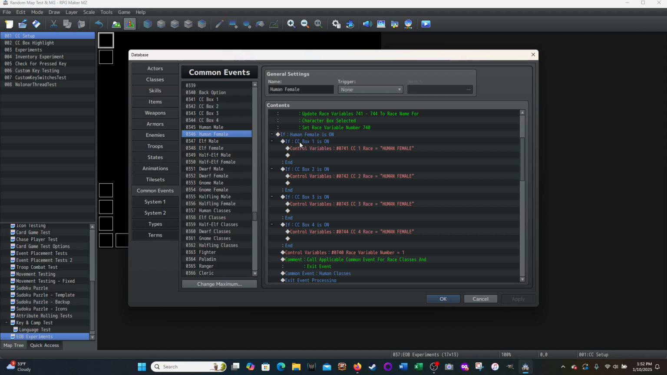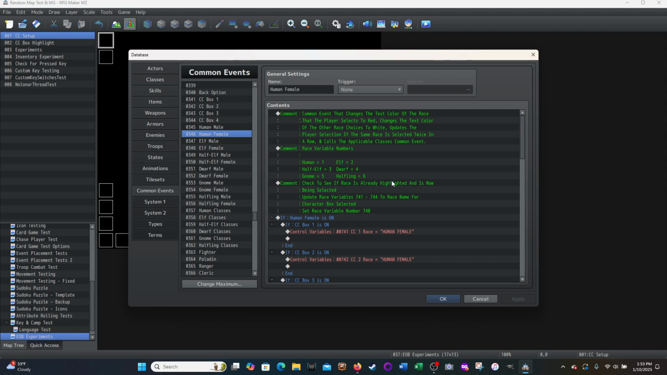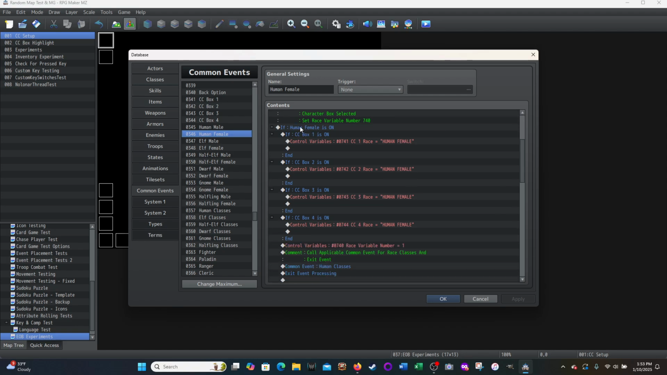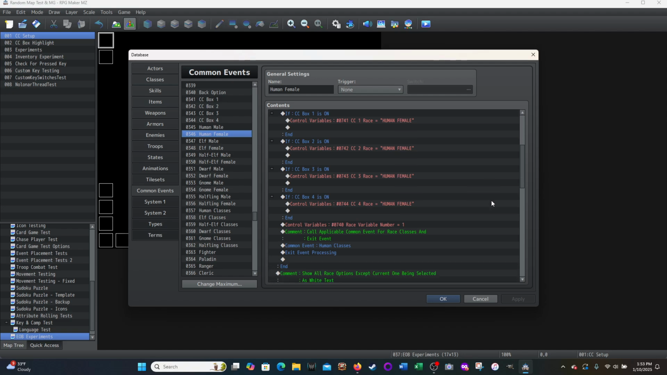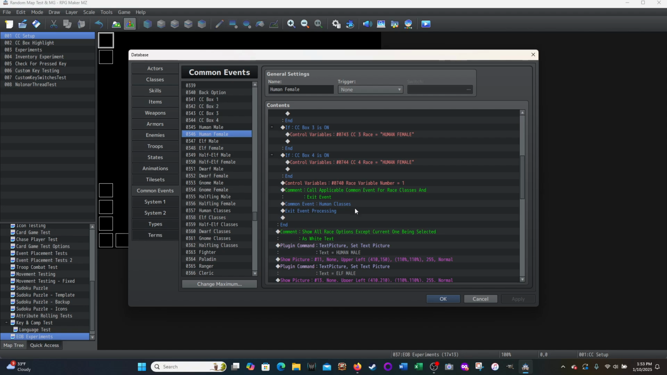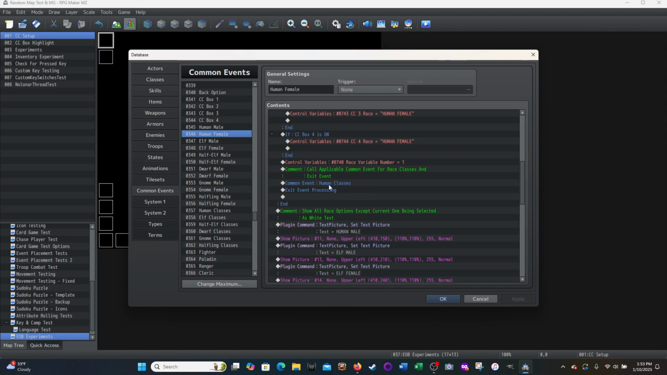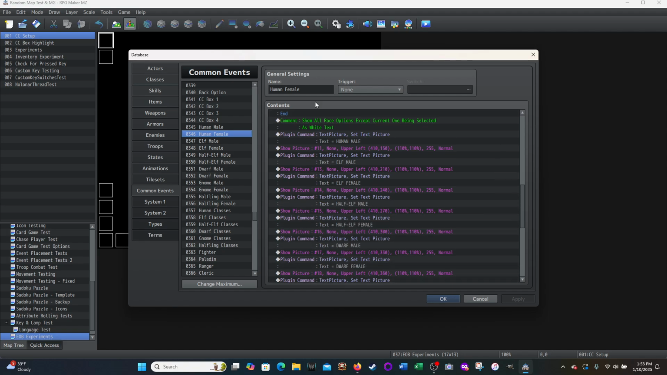These conditional branches, CC box 1, CC box 2, are all the same. And then the variable is just being changed to human female. So again, if you had copied and pasted, all you're changing so far is the switch here and then the strings here. This stays the same. This stays the same because it's still calling the human classes. This stays the same. And now when you get down to here, the only thing that's changing is, you notice